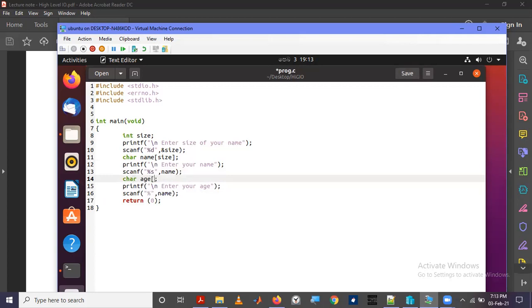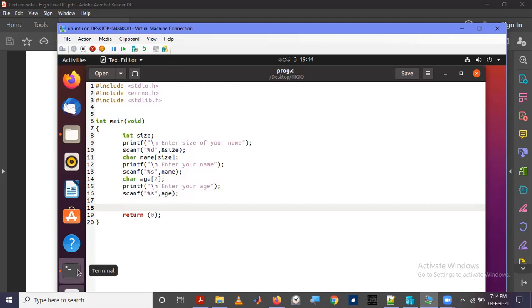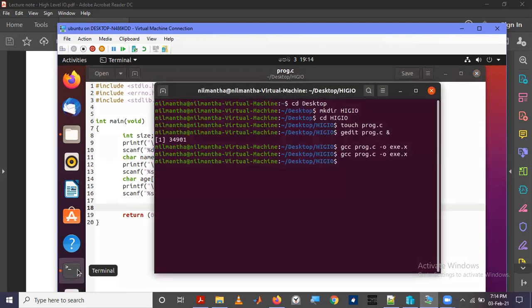Age of size 2. And here you have to again pass it as a string, and this age is already a character pointer, I mean a string. So now you need to pass it without the address. Right, so that is the first step. We'll just check whether it is compiled. Yes.